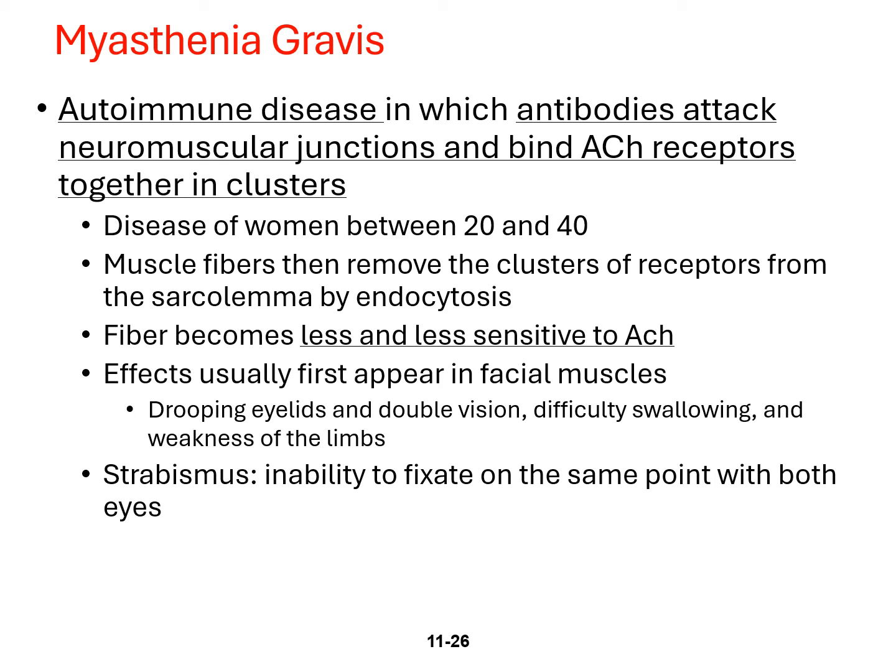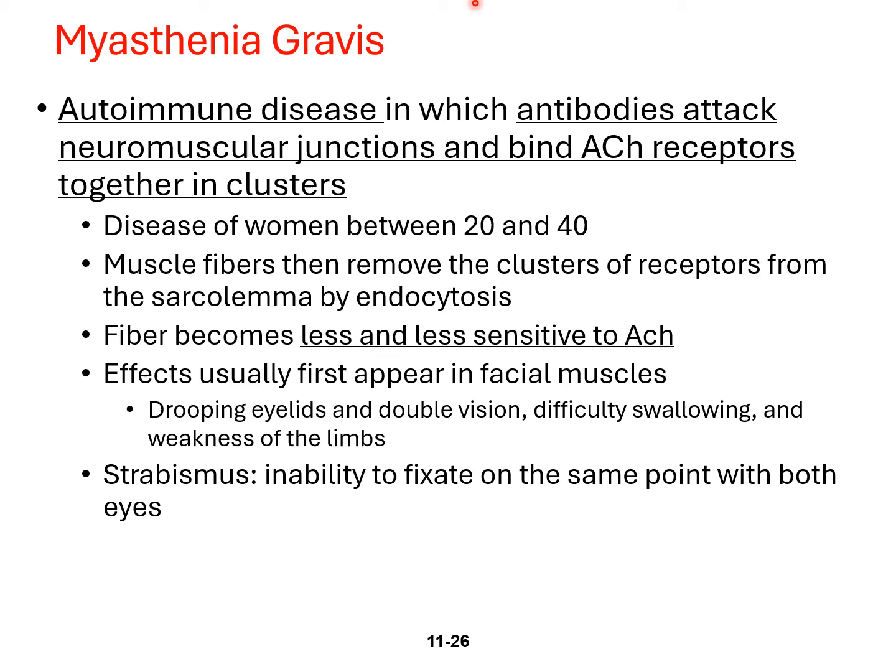Myasthenia gravis. This is an autoimmune disease in which antibodies attack the neuromuscular junction and bind to acetylcholine receptors together in clusters. This is highlighted in red because it could show up on your test. And it's important to understand that the immune system can also start to attack itself. And when it starts to attack itself, the body needs to come up with ways to combat it. So if you think about this one,